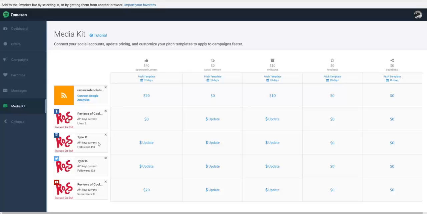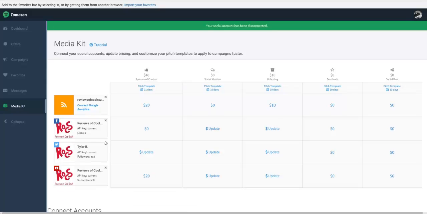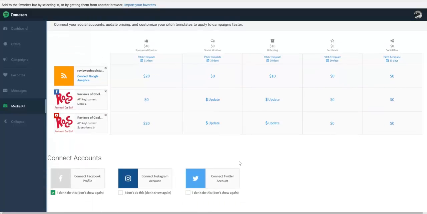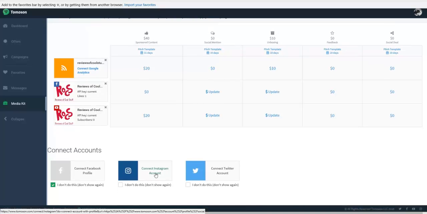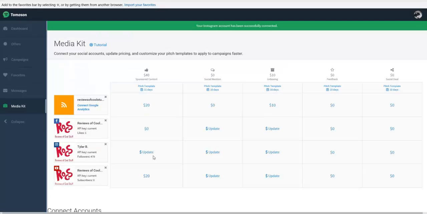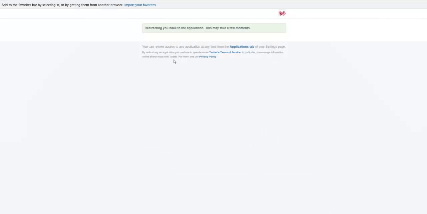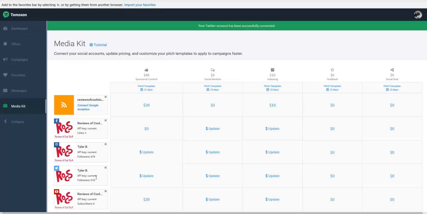And so there's an easier way around that. What you want to do is simply click to take off your Instagram account, click to take off your Twitter account, and then you just reconnect it. Now I think it does this once every month if you don't do it manually, but it's easy enough to just take it off, then connect it back up. And now you'll see it's 479, which is about 20 more than was last time I checked. And with Twitter, it will set that back up, and it moved my Twitter up to 578.